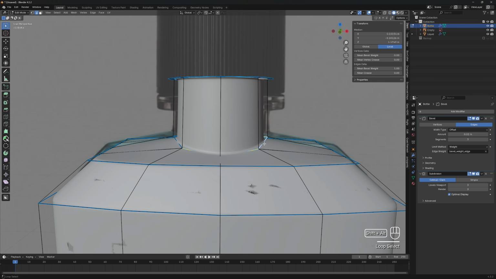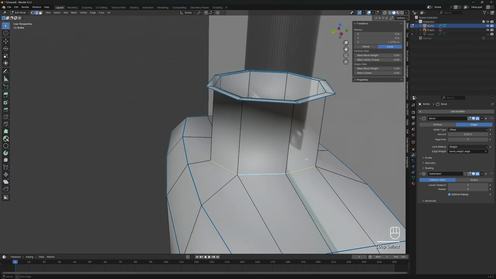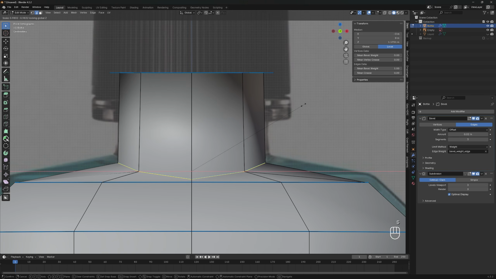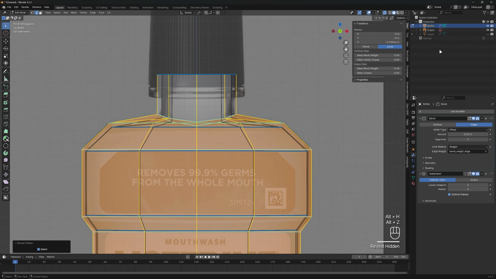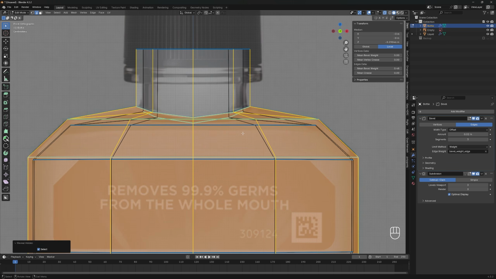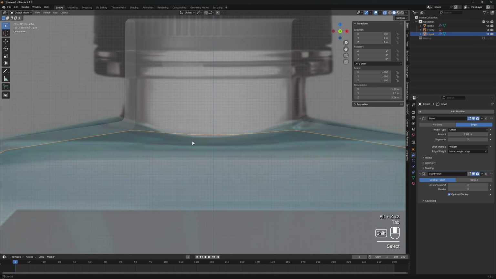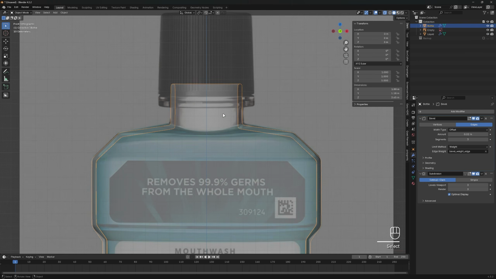Back to the bottle and select this jagged loop circle edge on the neck. Hit S and Shift plus Z to scale it down so it will be straightened. Once you have done that, hit Alt plus H to unhide every face that we have hidden before. So like you see here, we have done a cool looking shape for the bottle and for the liquid.